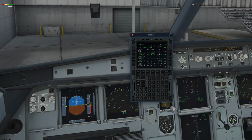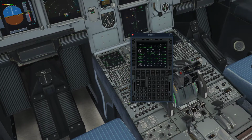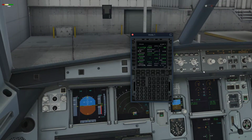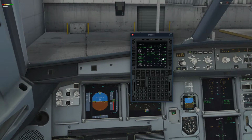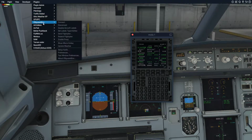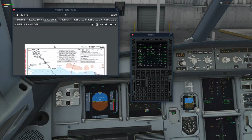For our flight plan and clearance, we're squawking 7006, which is in our transponder down there, and we're doing the Summer 2 departure, Stoked transition, as filed. 5,000 was our top altitude for now, so we have 5,000 set. Let me pull it up on Avitab so y'all can follow along. The Summer 2 departure,